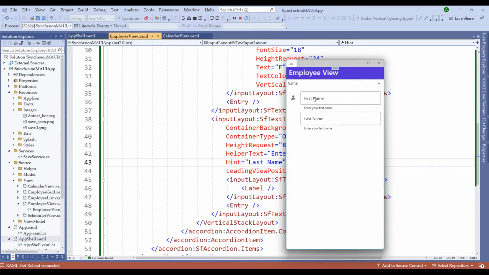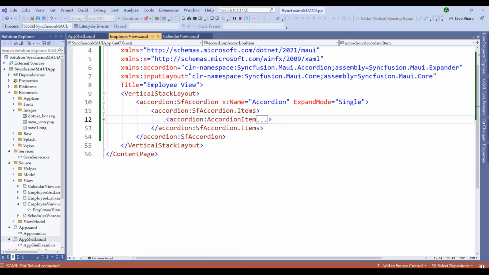Now when I click on this, you have a prompt and first name is shown as a floating label over here, even the last name as well. So the floating labels are default properties for input text controls. Let's switch back and add more items such as phone and address.